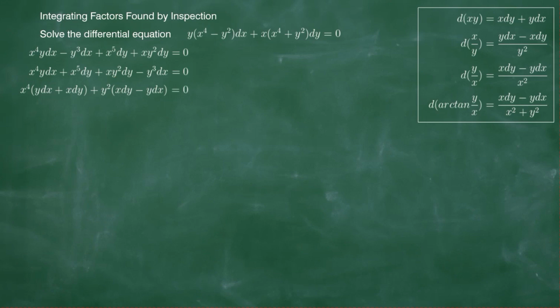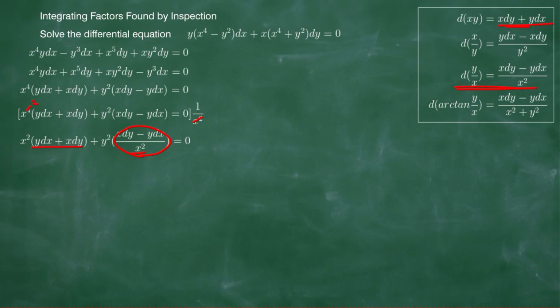So this one is the same as this one, while this one is similar to this, except there's a denominator of x squared. So we are going to divide the whole equation by x squared, so that we are going to have a denominator of x squared here. In the first term, x squared will cancel, and this will be x squared here, and then the last two terms will have a denominator of x squared. So this is now the same as this, and this is the same as this one.